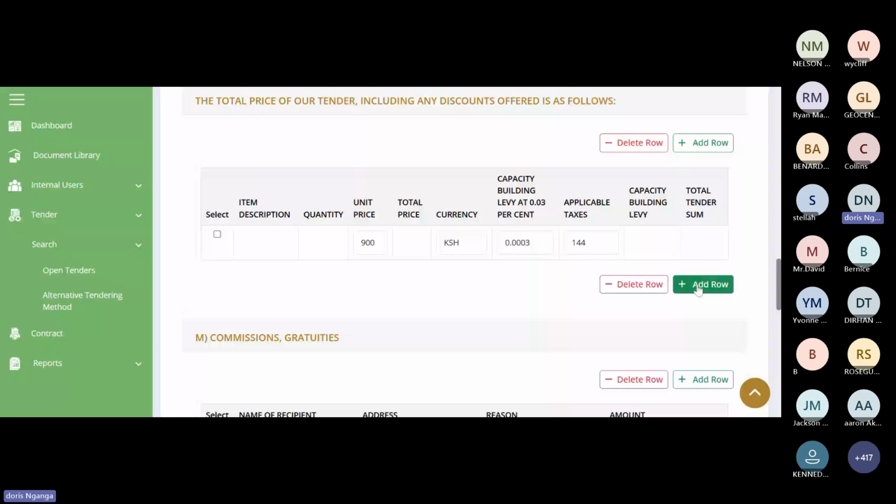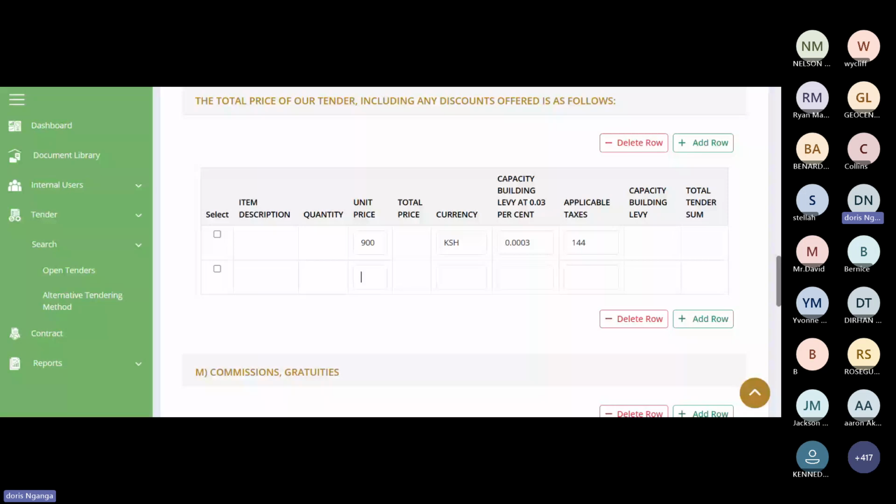So I'm going to add for the second column, because remember, we had 2 items. My second item was for tires. I have read the specification. I know what kind of tire they want. This procuring entity was looking for tire 225/65 R17. Remember, as a supplier, I'm supposed to have read all through the document, and I fully understand what a procuring entity intends to buy. So for this tire, I feel as if 28,000 would be a fair price. Again, I type Kenya shillings.